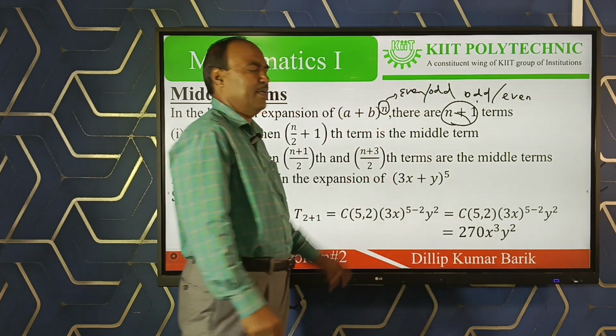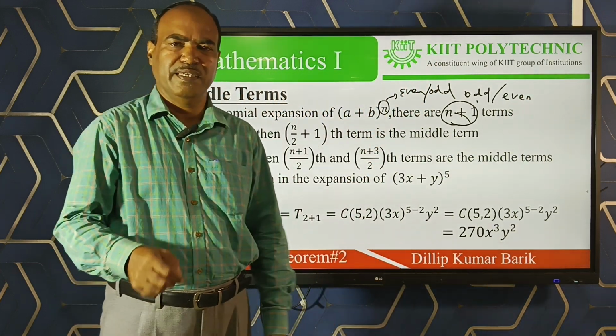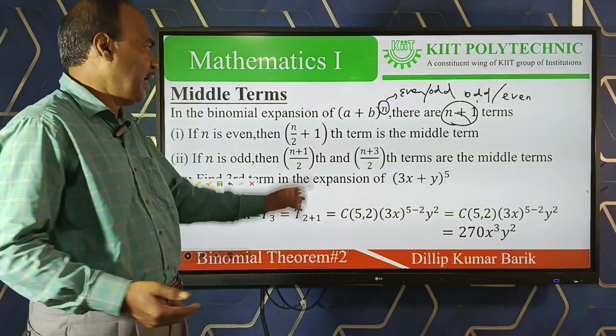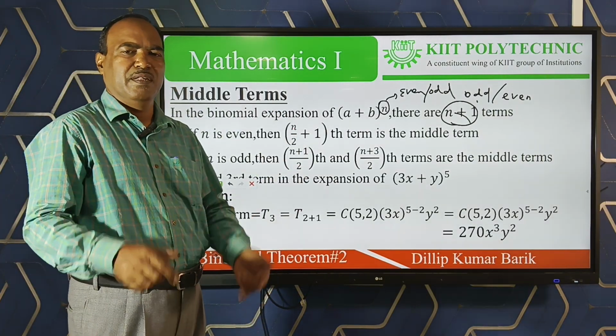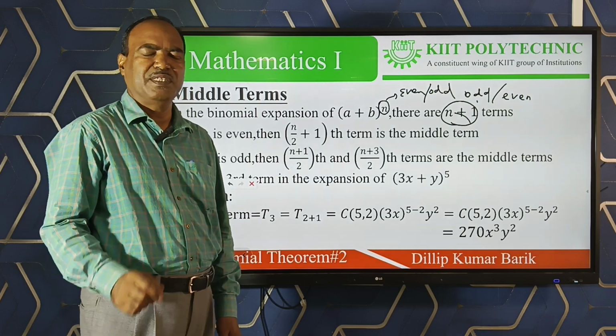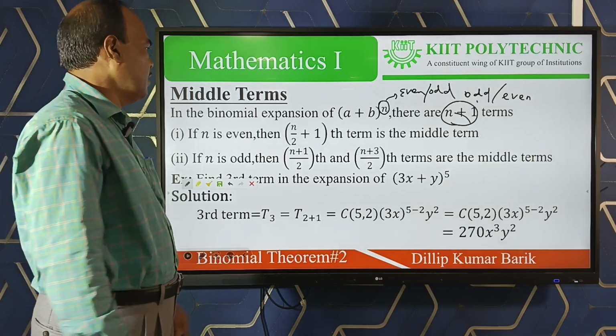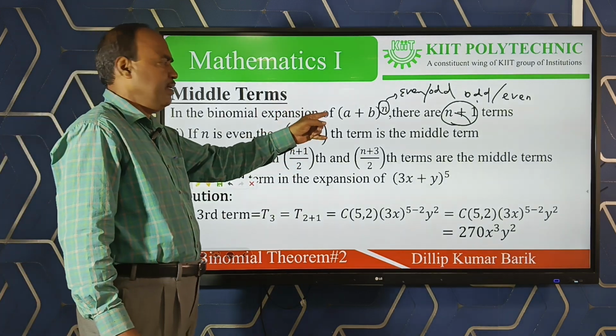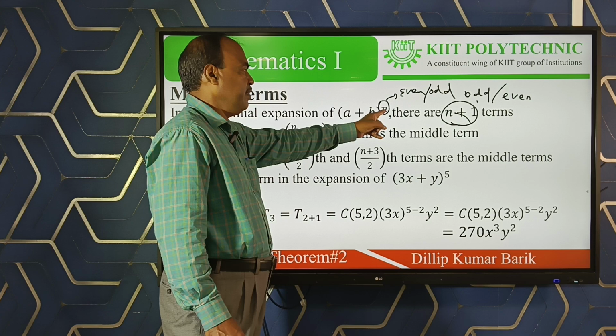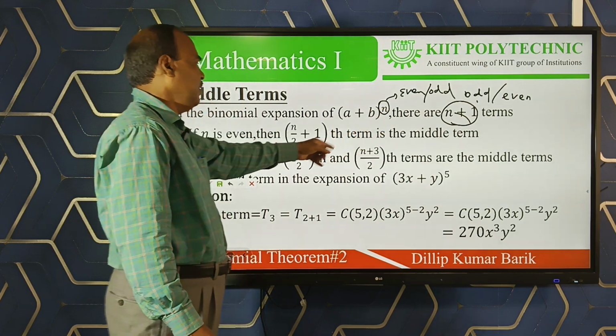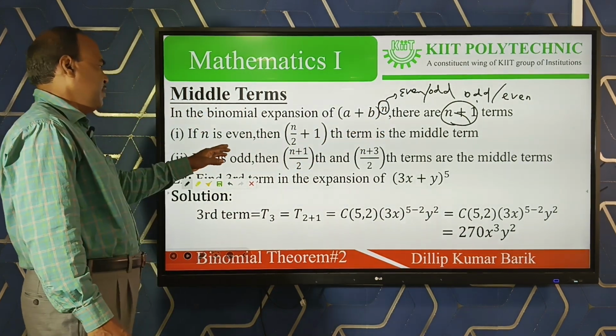Suppose 5 is the power, the number of terms is 6. 6 is clearly an even number, 5 is an odd number. If n is equal to 6, that means an even number, n + 1 is equal to 7, which is an odd number. So depending upon the power n in the binomial expansion, whether even or odd, there are two categories or